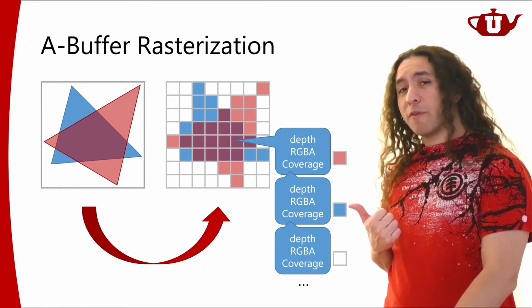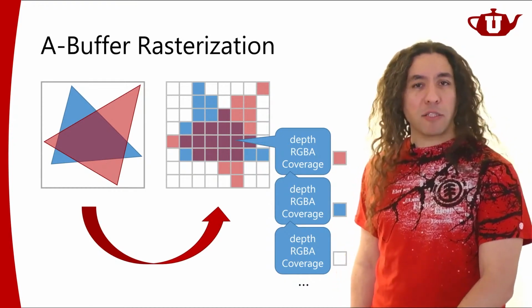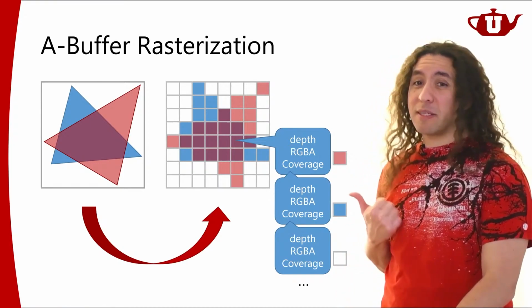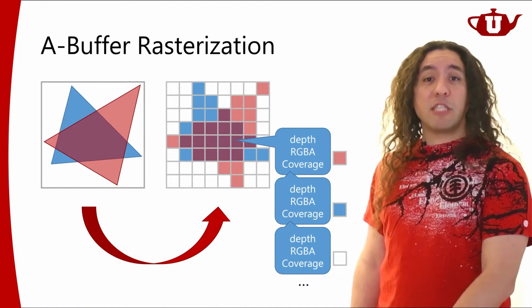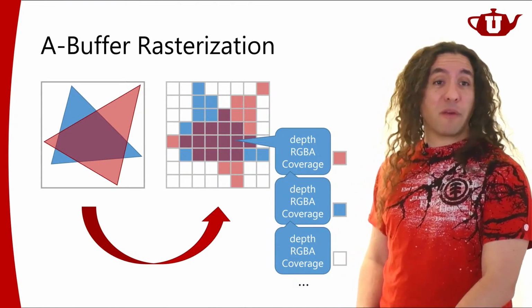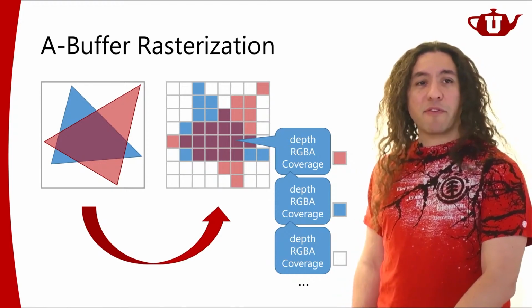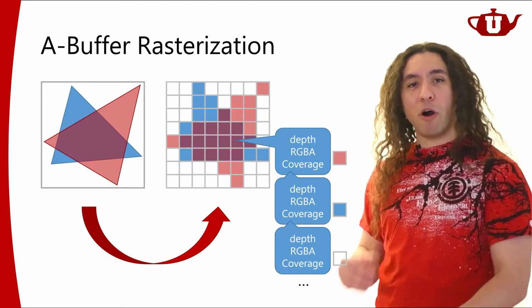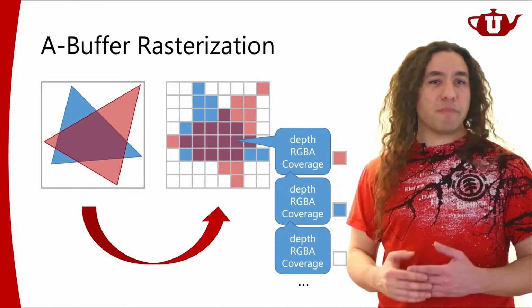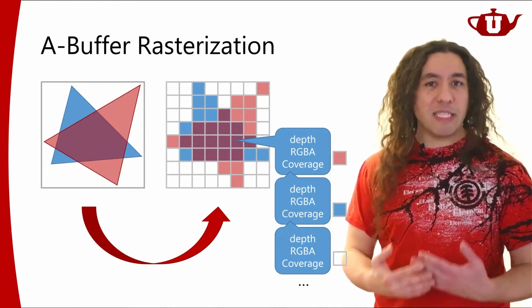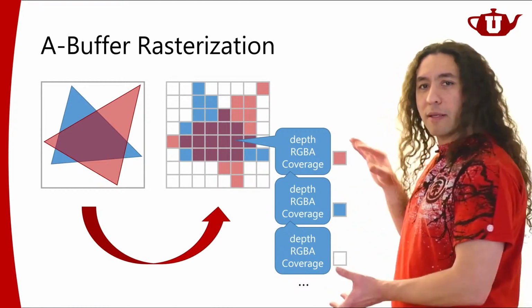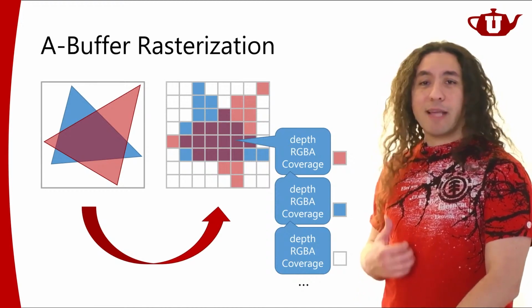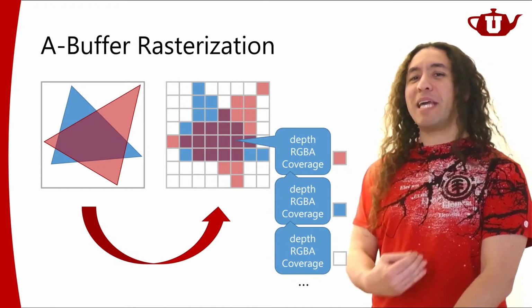Now, some forms of A-buffer rasterization can be implemented on modern GPUs, but that will require some custom code that you're going to have to write, and you're going to have to handle this linked list and all that on your own. The GPU itself is not designed to do A-buffer rasterization. We can do some forms of A-buffer rasterization on the GPU. It is definitely possible to implement A-buffer rasterization on the GPU on top of its Z-buffer rasterization, but GPUs don't do that by default. It will require you to write some code to handle this sort of linked list manipulation here, right? So this is not the algorithm that GPUs use, even though it can be implemented on the GPU.